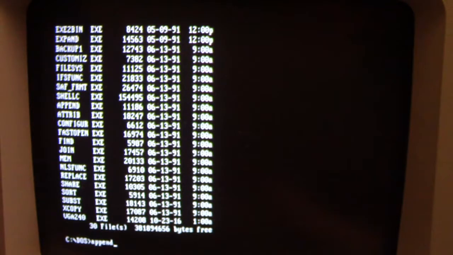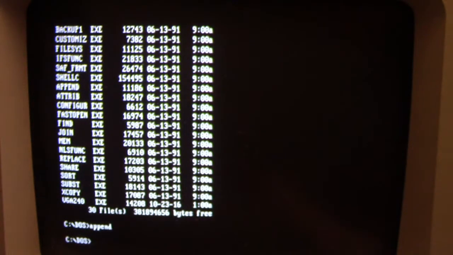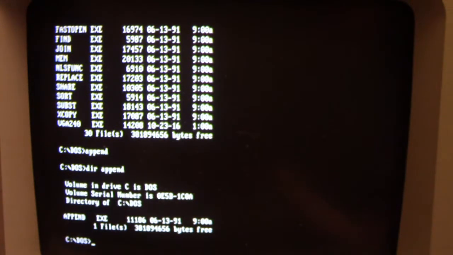Like append, 11186. Yeah, it's still 11186. So it may or may not be infecting files, or it might be doing it stealthily. But anyway, besides its infection routine, it will also look for any files that have chklist anywhere in its name, because it's trying to evade virus detection, so it's going to try to delete any checklists that any virus programs might be using. But anyway, let's go ahead and skip to the payload.